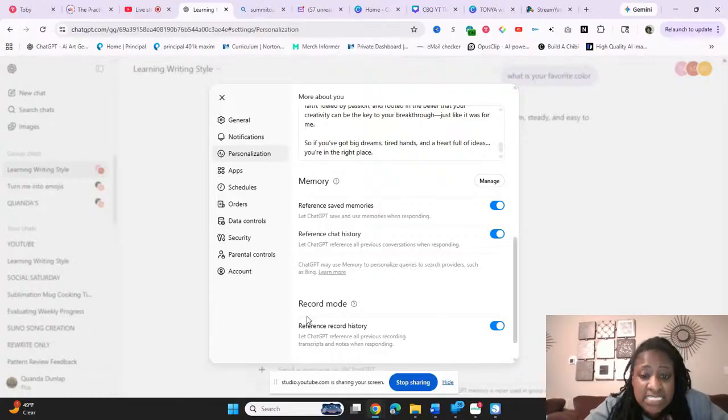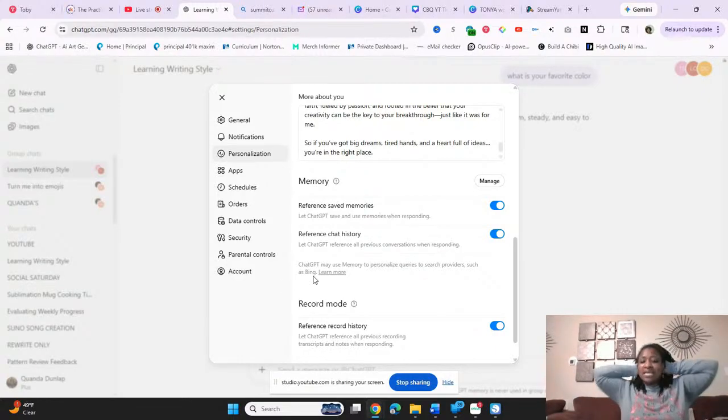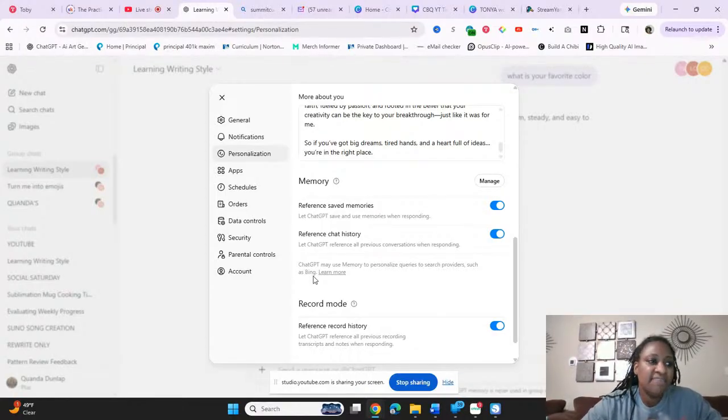It says ChatGPT may use memory to personalize queries and search providers such as Bing. So I keep my memory on just because I don't want to have to keep repeating myself in different conversations, because you already know about me. So that's why you can say, based on what you know about me, da da da da. Because I have my memory on. If not, then every time you're gonna have to give it context, because it doesn't know that about you.